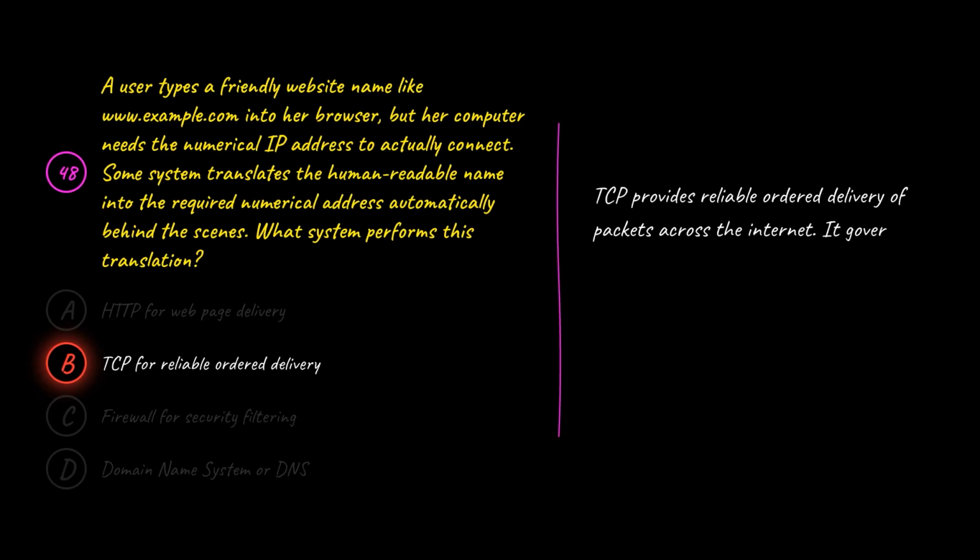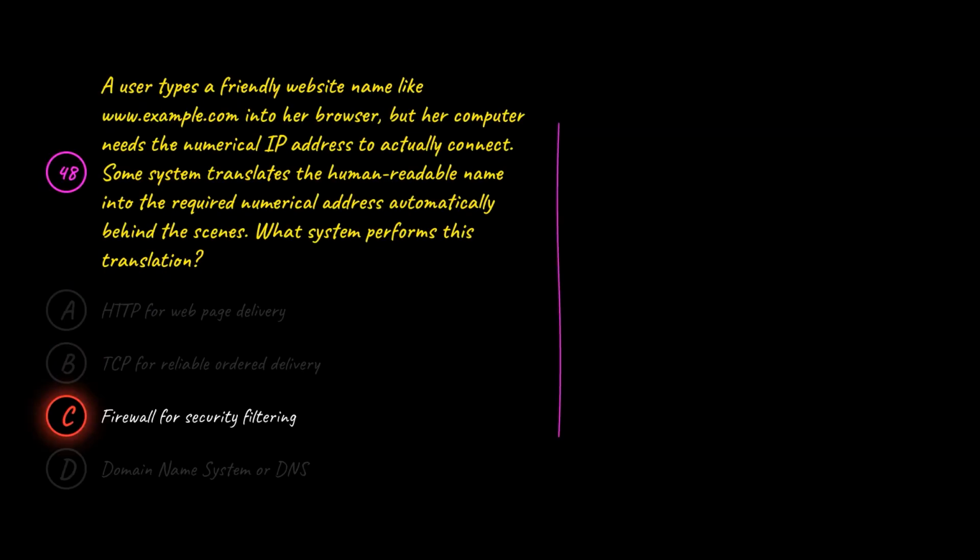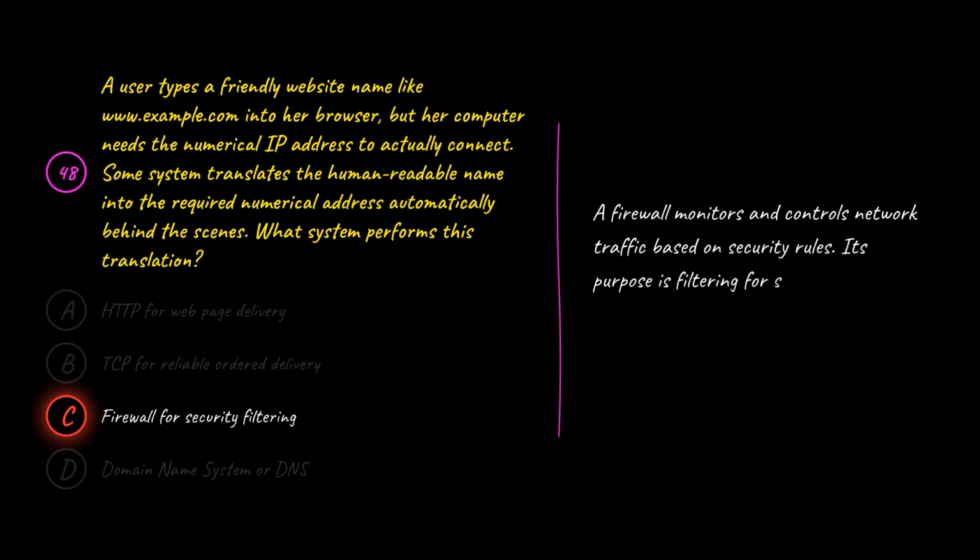It governs how data travel once a destination is known, not how human-readable names get translated into numerical IP addresses initially needed for routing. C is wrong because a firewall monitors and controls network traffic based on security rules. Its purpose is filtering for security rather than translating friendly domain names into the numerical IP addresses required for connection